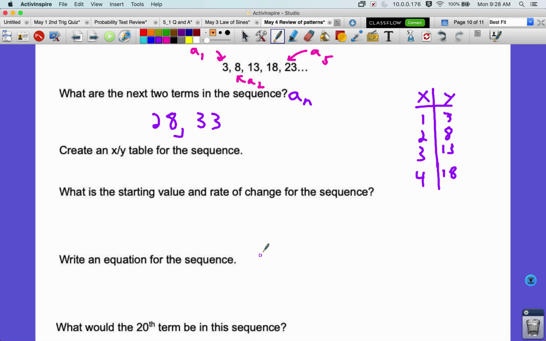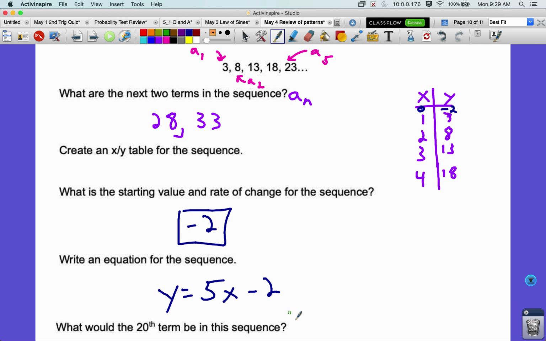What's the starting value? So it's really easy to say the starting value is 3. And you can think about 3 as being the starting value, but then it makes the equation much harder to write. So it's better to count backwards 1 and we would get negative 2. So if we add by 5 to move forward, we can subtract by 5 to move backwards, go back to the 0th term, and it's a negative 2. Write an equation for the sequence. Y equals our common difference of 5x minus 2